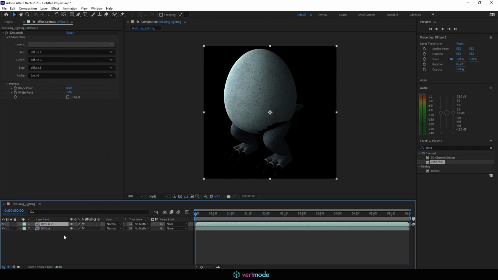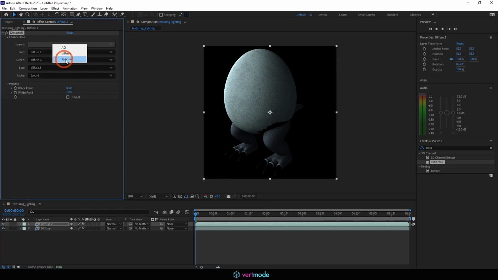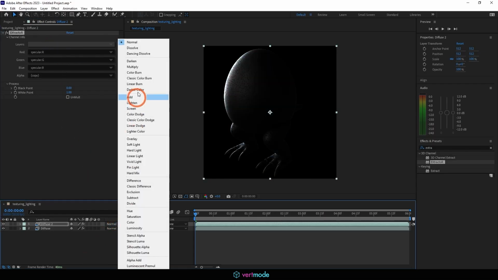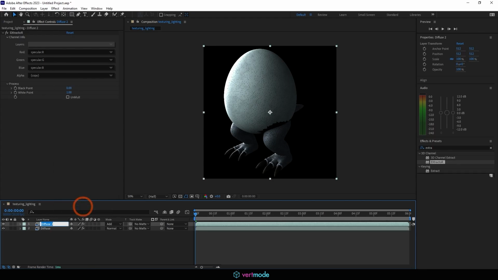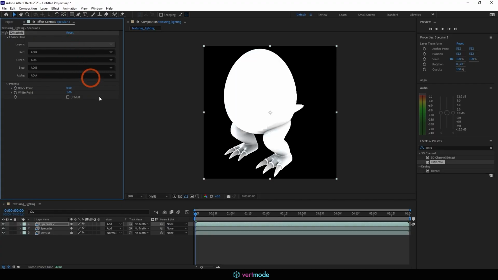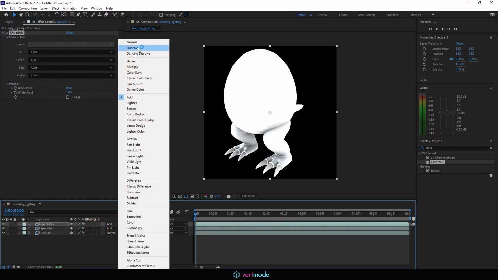Then we could Control D. We could set this one to specular, and just remember to set the blending mode to add. And we could rename this one specular. And then we can duplicate this again. Set the top one here to ambient occlusion. Set this to a multiply,